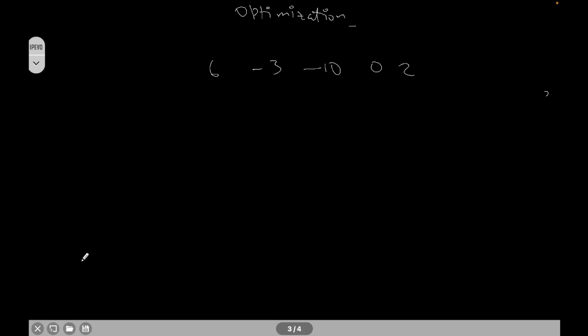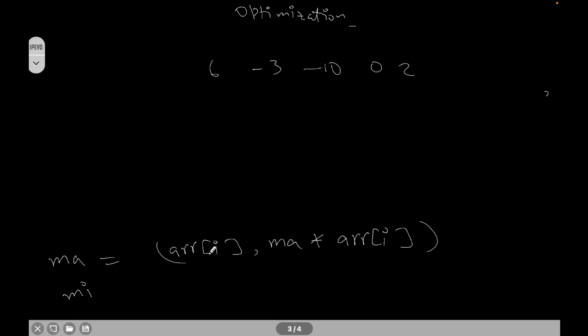What we can do is have one maximum and one minimum. Okay, so the maximum will be the particular array element given to us, array of i, where we are standing right now, comma, maximum into array of i. And the maximum of this we will store in our ma. ma is your maximum, and in the minimum